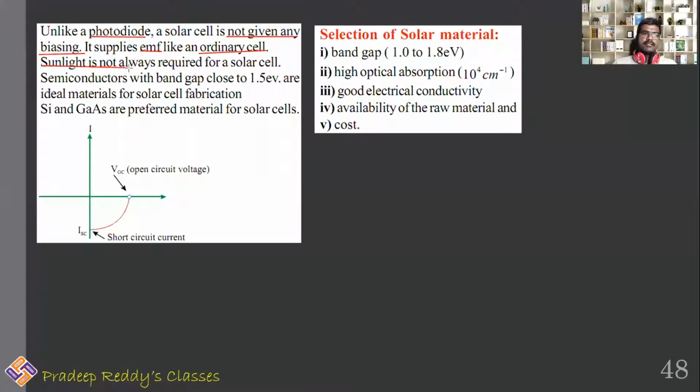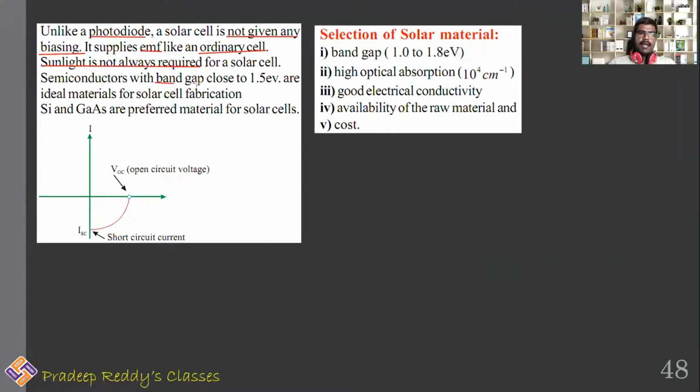When sunlight is incident upon the solar cell, electrons and holes get separated, and they are pulled towards the positive and negative plates, which are the front contact and back contact metal plates. So these get pulled towards those metal plates. As a result, it provides a constant potential difference. So therefore, you do not always require solar energy. It just acts as a battery. That is one advantage of a solar cell.